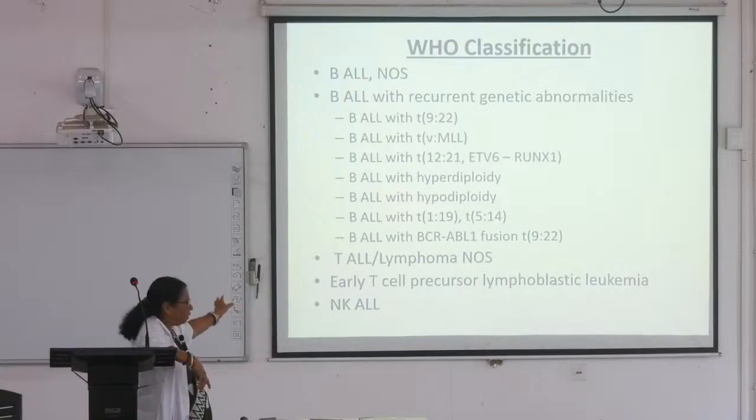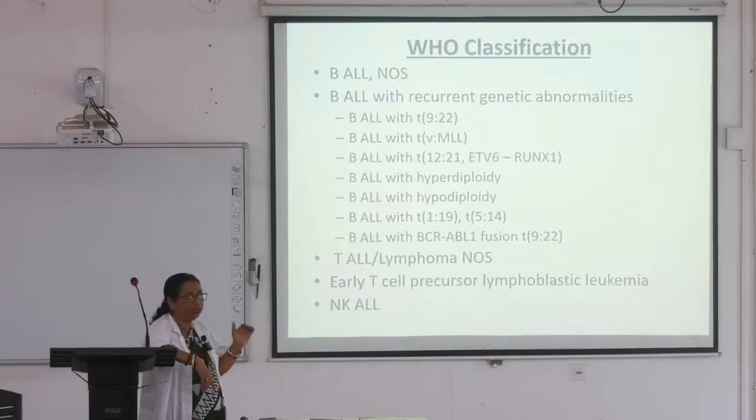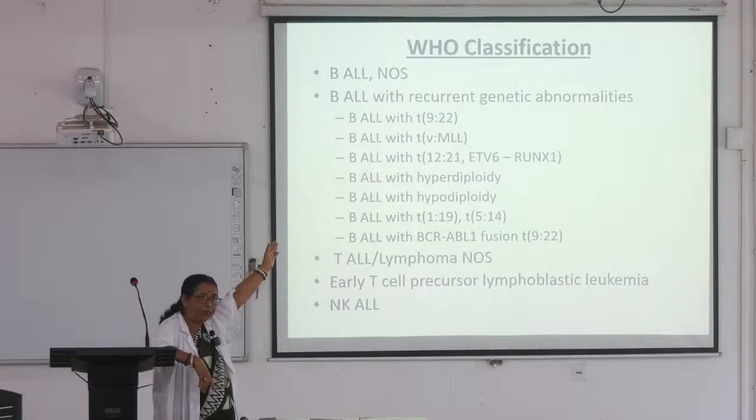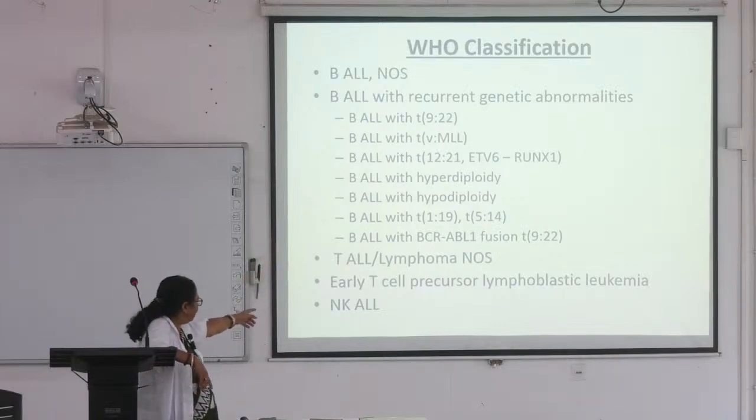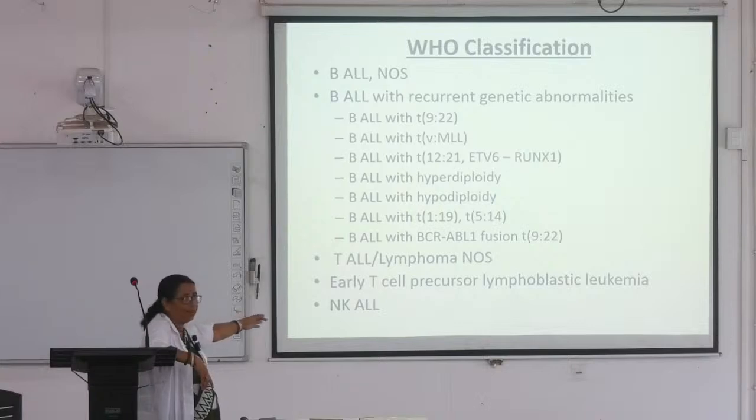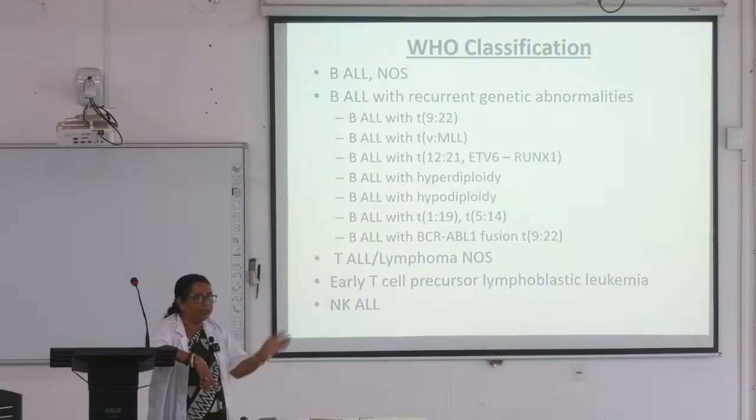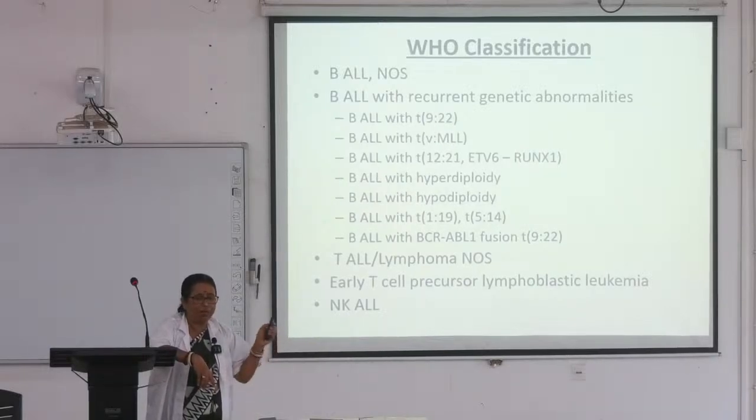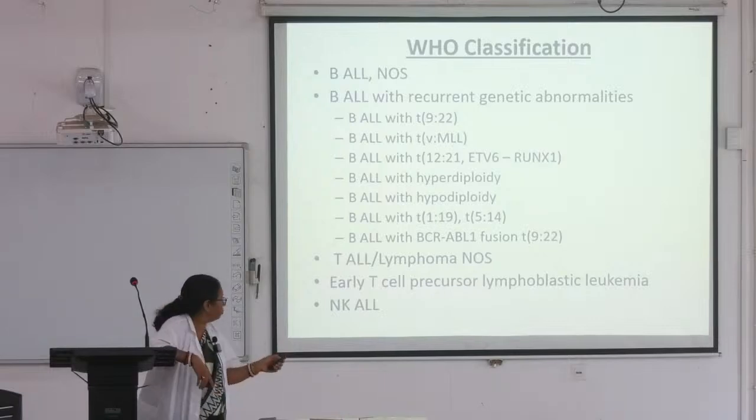তারপর হচ্ছে এবার T অ্যাকুট লিউকেমিয়া। T অ্যাকুট লিউকেমিয়ার মধ্যে হচ্ছে NOS এগেইন লাইক B অ্যাকুট লিউকেমিয়া, তার মধ্যে হচ্ছে আর্লি প্রিকারশন লিম্ফোব্লাস্টিক লিউকেমিয়া, NK-ALL। NK এর জন্য ডেফিনিট মার্কার আছে, T সেলের জন্য ডেফিনিট মার্কার আছে, ঠিক আছে। এটা হচ্ছে অ্যাকুট লিউকেমিয়া, B মানে অ্যাকুট লিম্ফোব্লাস্টিক লিউকেমিয়া।